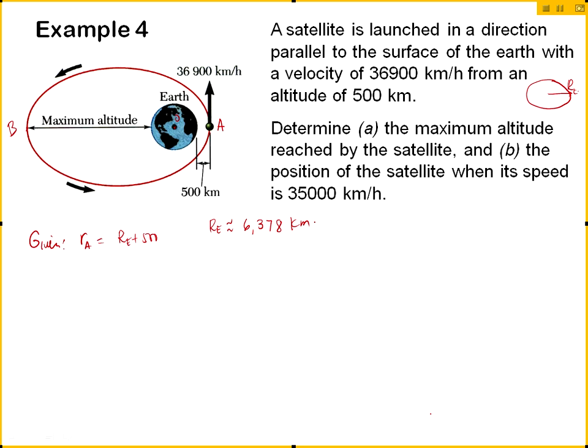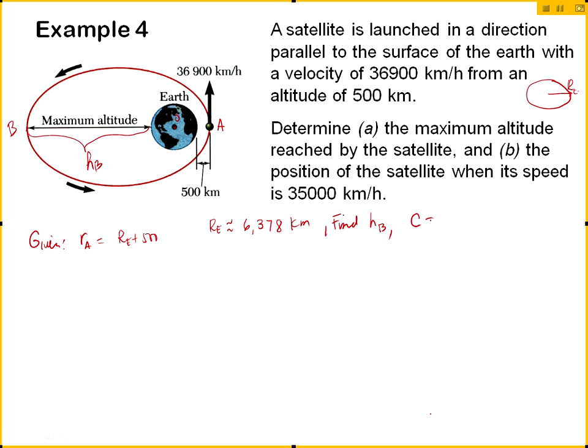Okay. So let's see. We're given the distance at the initial position, and we're asked to find what? The altitude at the maximum elevation. So let me call that HB, right? That's the first part. And we're also trying to find the position of the satellite when its speed is